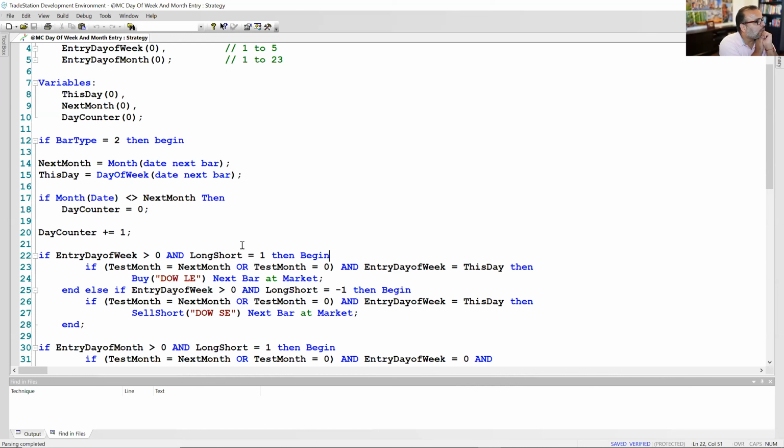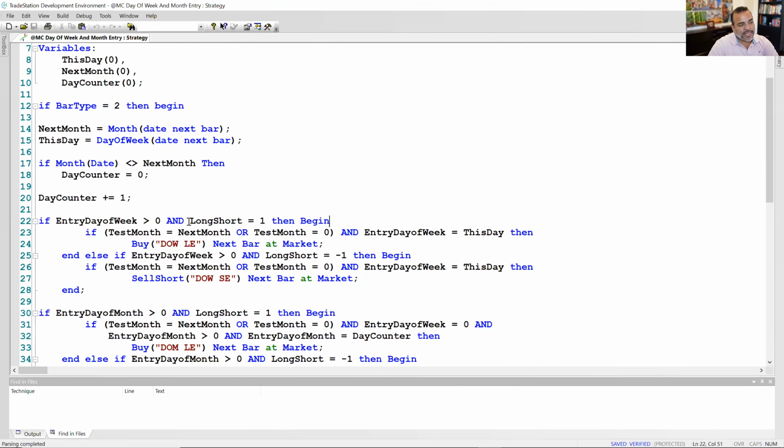Let's see, Rich is asking, could we add this to another working strategy for entry on Monday, exit on Friday, or would it need EasyLanguage adjustments? It would definitely need adjusting, for sure. Yes, there's no way that we can put this on the same chart because they're still independent. And I think we talked about this a little bit at the beginning where we said, well,